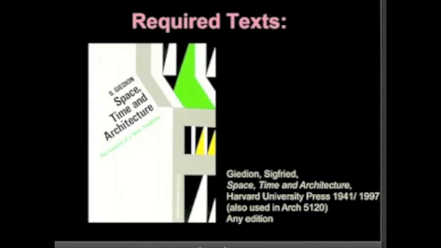Next book we read is also written with a really strong point of view. We're going to come to this one later on in the course. This is Space, Time, and Architecture by Siegfried Giedion. And what's interesting about this book, I think, is just who wrote it and who his friends were. So Giedion was palling around with all the high modernists, friends with Corbu, friends with Mies van der Rohe, friends with Gropius, friends with Aalto.